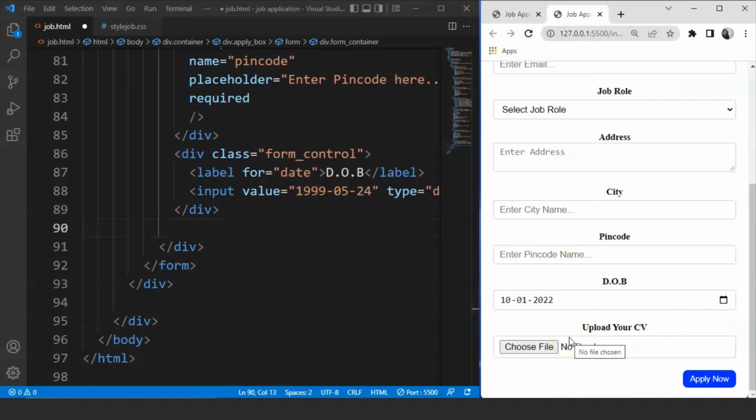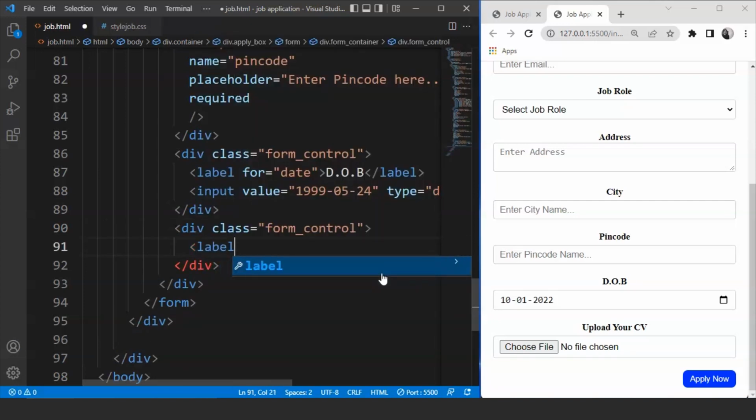Fine. Now let's move ahead and we are now left with this particular thing. We have to create an option where the user can choose a file from his system and he can upload it. Fine. So let's create this as well. We'll see how we can do it. Now what we have to do is we have to use another div tag for this. Fine. So we'll write here div. Class is going to be the same. So we'll write here form control,